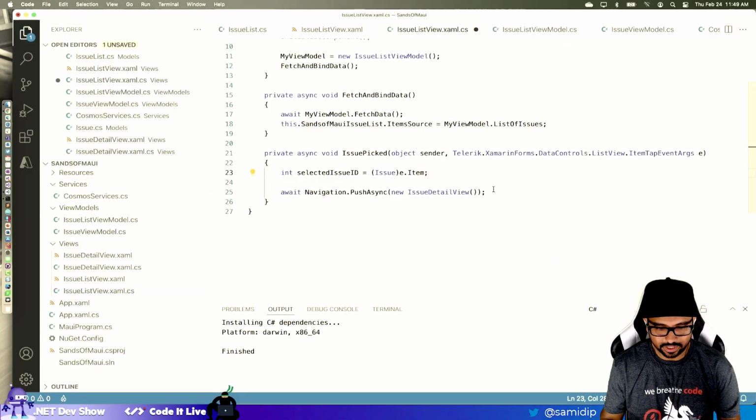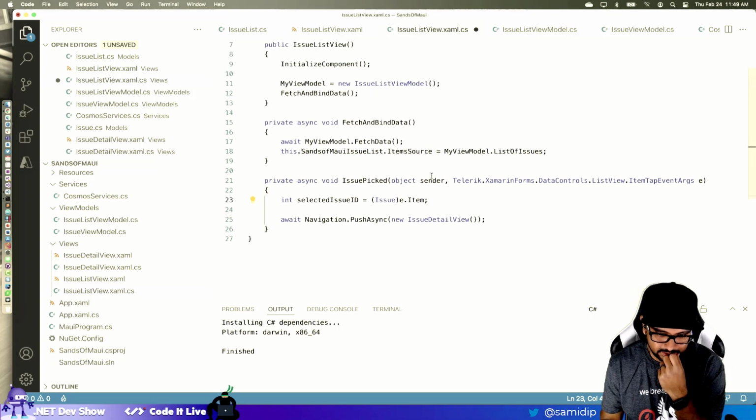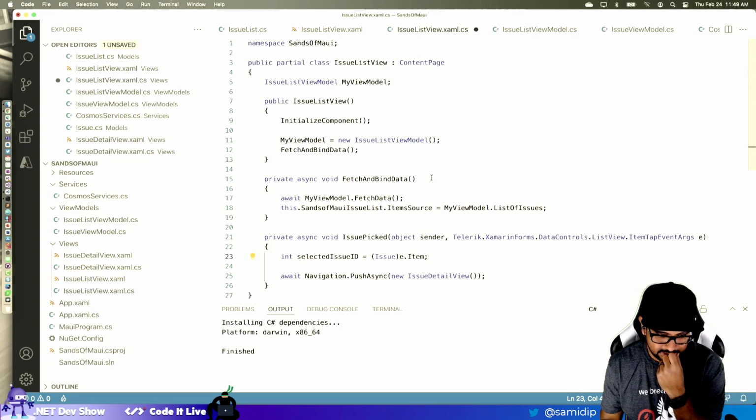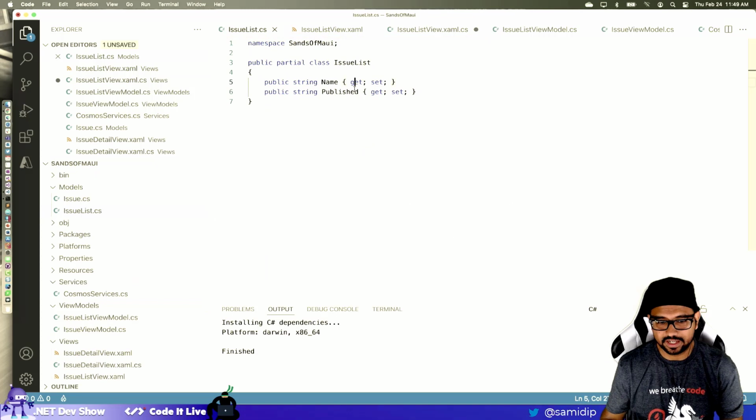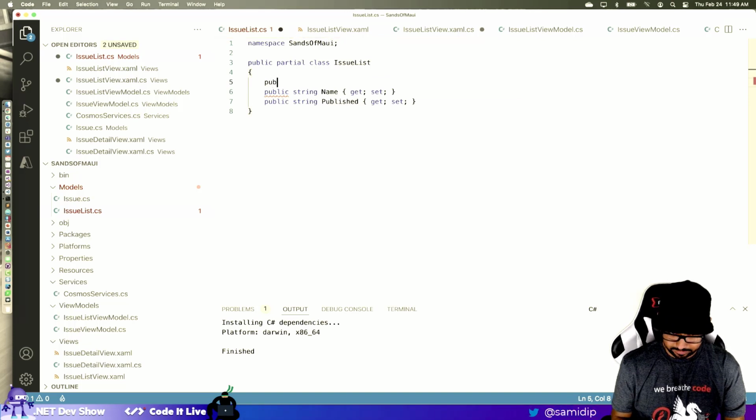Okay, so let's go on. So item, and no, hold on. This item is actually an issue list. Oh no, the issue list doesn't even have an ID. Okay, and I'm hoping we can actually get the ID right.